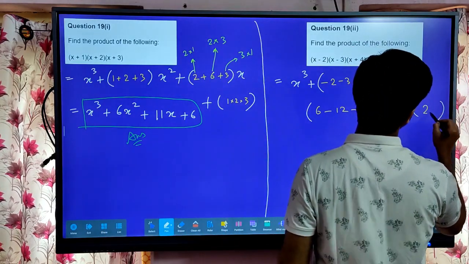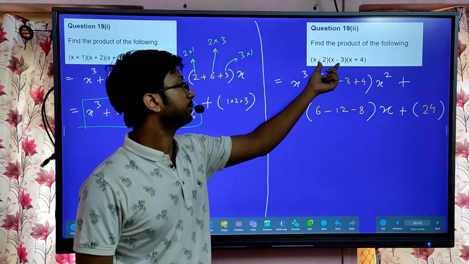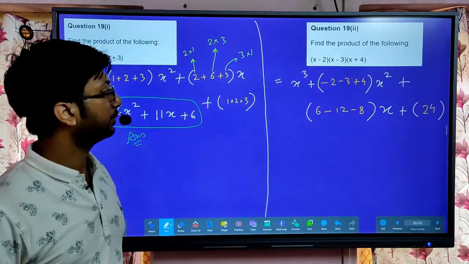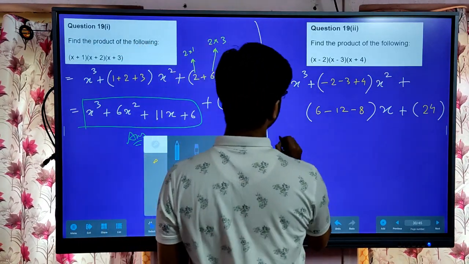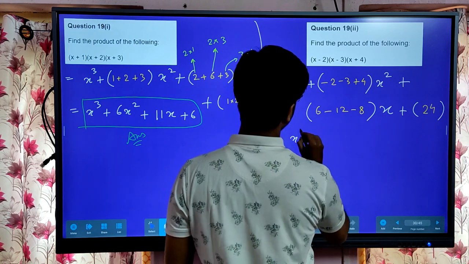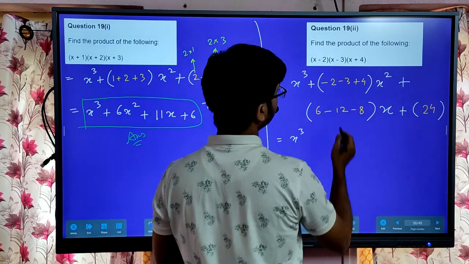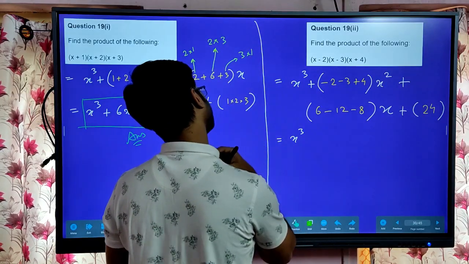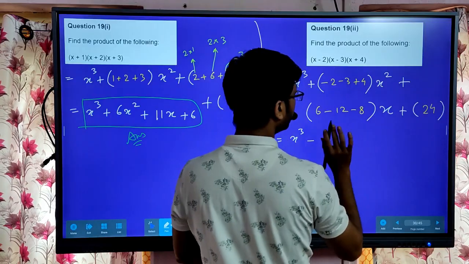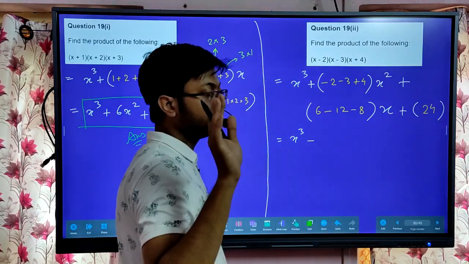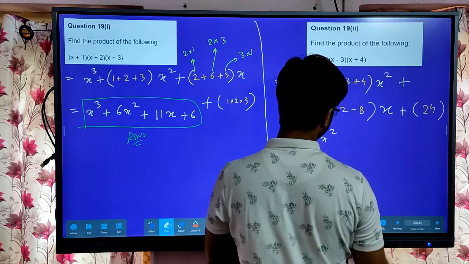So it will be plus 24. You see, 3 to the 6, 6 for the 24, minus minus plus, and then again plus is plus. So if you simplify, this will turn out to be x cube minus 3 minus 2 minus 3 minus 5 plus 4, so it is minus 1. Minus 1 we don't write, coefficient 1 we don't write, so it is minus x square. So x cube minus x square,